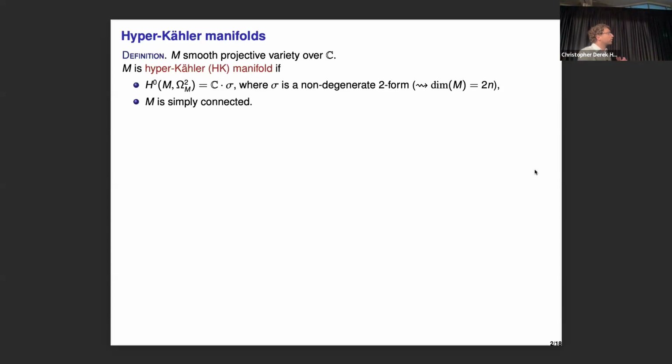There is a non-degenerate 2-form, which I call sigma, so this is a symplectic manifold in some sense. And then I want this to be the smallest possible. Smallest possible means I want the symplectic form to be unique up to constants, and I want it to be topologically the smallest possible, which means that the variety is simply connected. When I mention something about topology, and especially about cohomology or group cohomologies, I will always mean with the Euclidean topology.